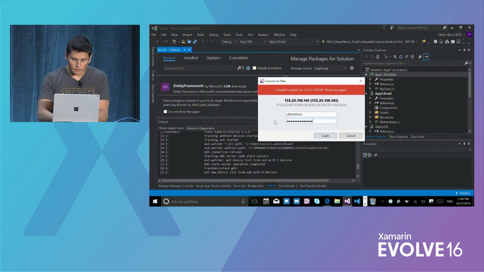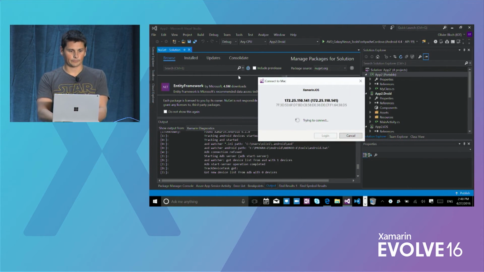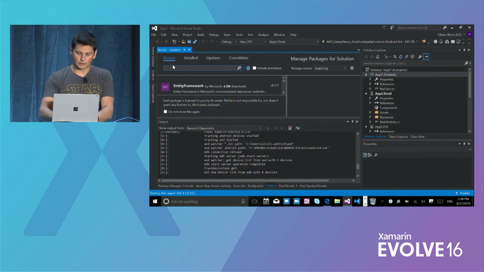If I want to run Xamarin iOS. Yep, is it on? Hello? Someone find a way to get it faster here? Yeah, there you go. So I'm going to look for